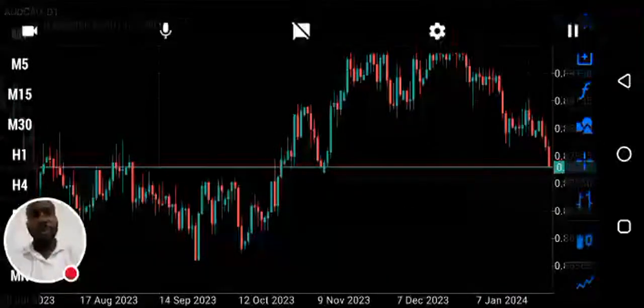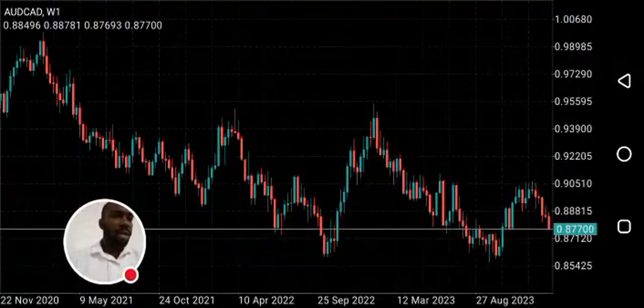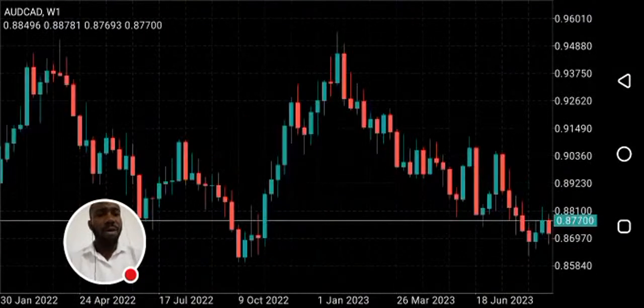Let me start with. Let me see what we have on the weekly. Okay, Australian card is bearish at the moment. If you are considering buying,